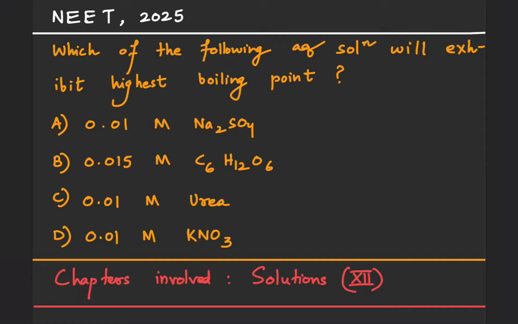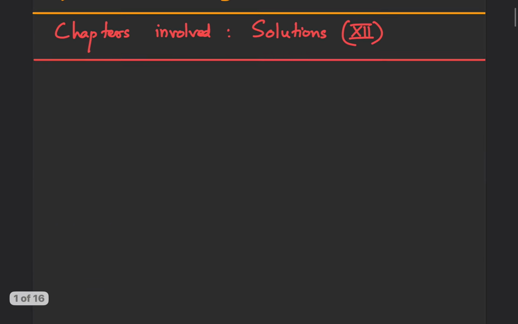Hello everyone. So this is a question from NEET 2025. Which of the following aqueous solutions, very important, will exhibit the highest boiling point? They have given us four solutions. So this is very important that it is an aqueous solution. That means in all four of them the solvent is going to be